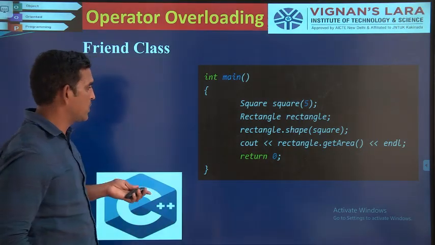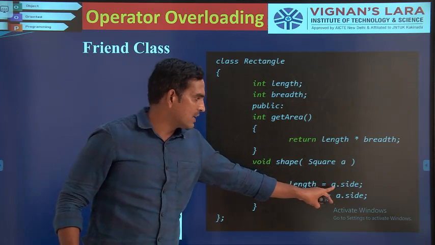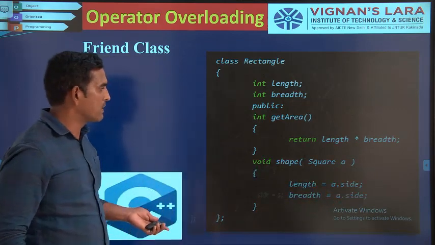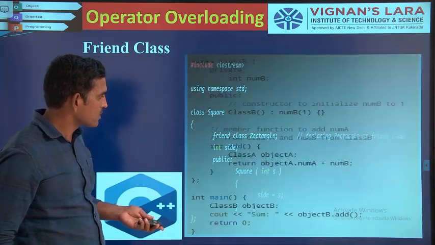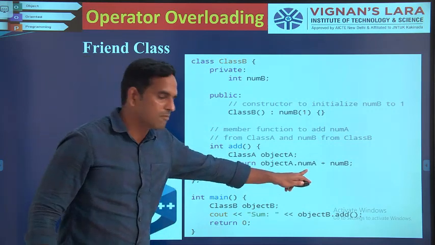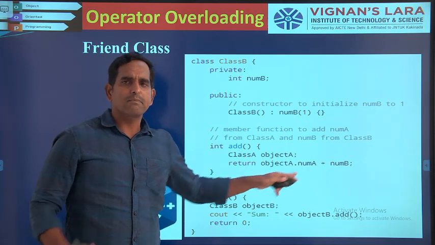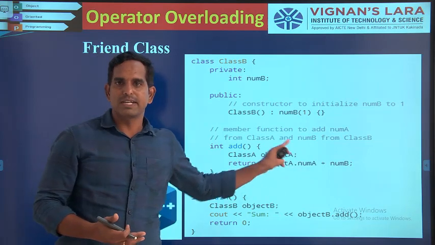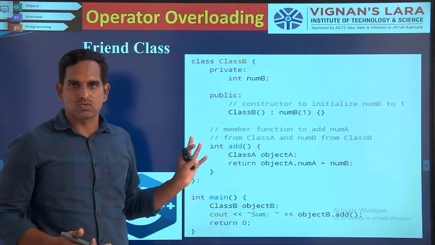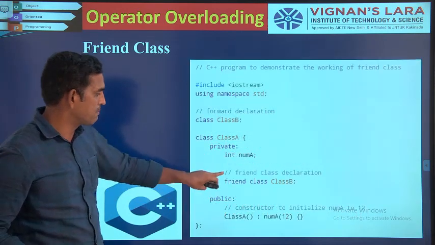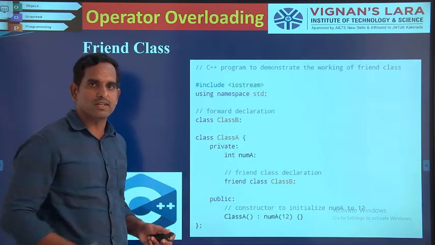So in this example, we have used the a dot side and b dot side. In the previous examples, if you see, we have used the number value. Using the object, I can use any properties, not only the particular data, I can call the methods as well. That is, if I am having some method here, I can call those methods also.